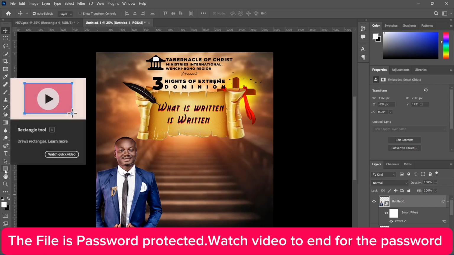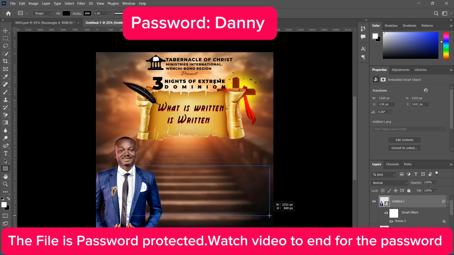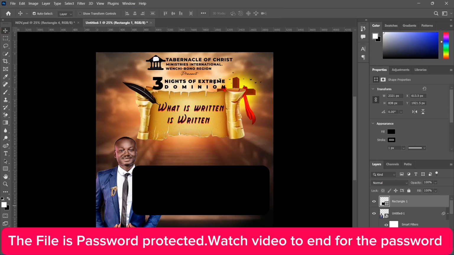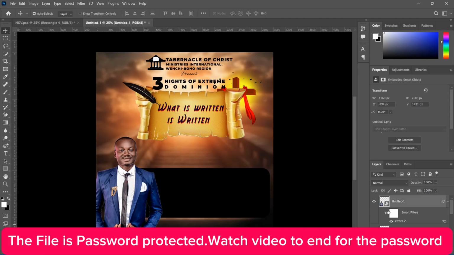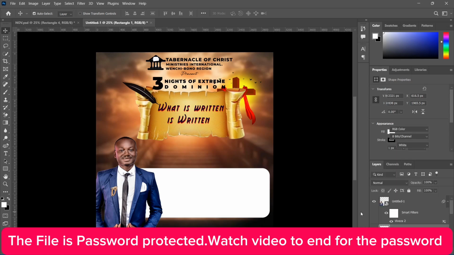So now I'm going to add a rectangle shape. So with this part, you can choose to change how you want to arrange this. I'll bring the shape below like this. And I'm going to change the color of the shape to white. Okay. So what I'm going to do here is